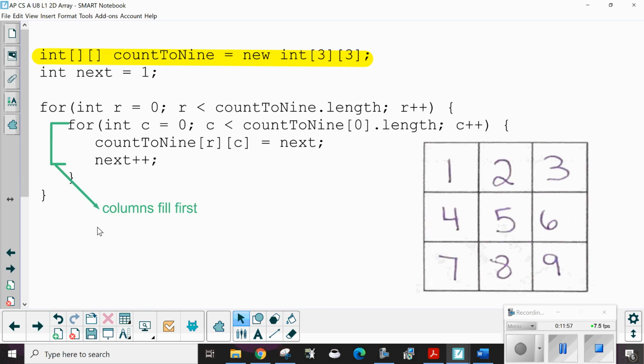Count to 9. And next is set to 1. So here, R is 0. R and C. So R is 0. To count 9 dot length, C is set to 0. Count to 9, RC is set to next, next plus plus. So remember, next is 1. So